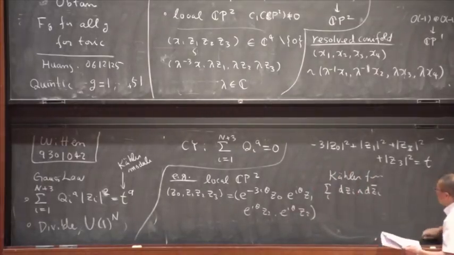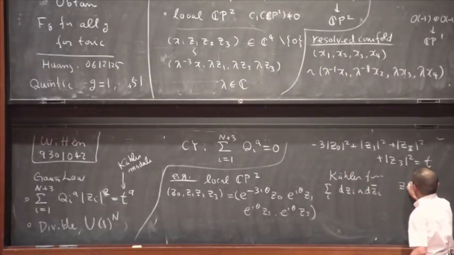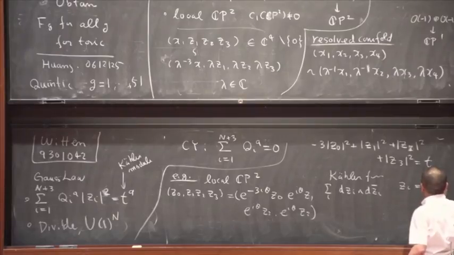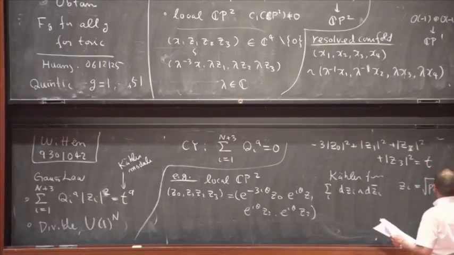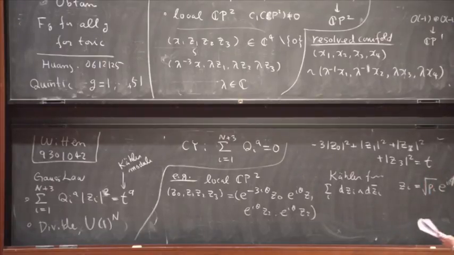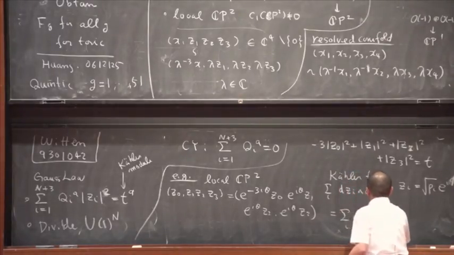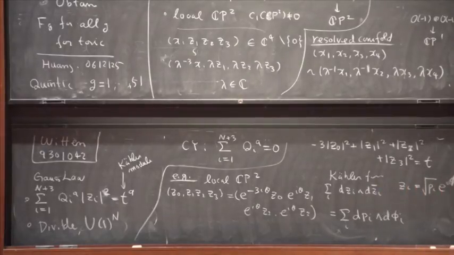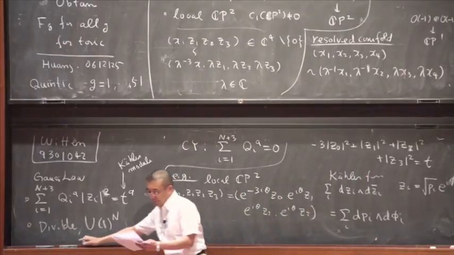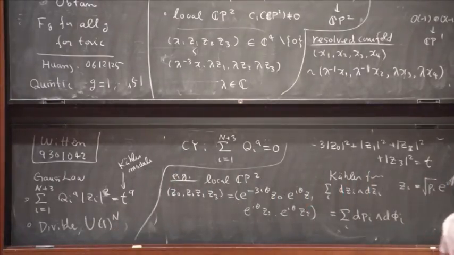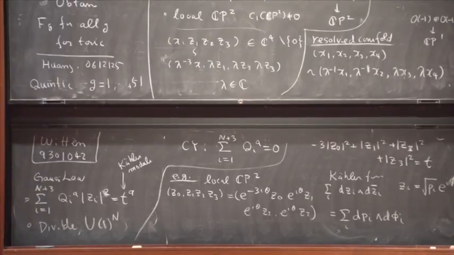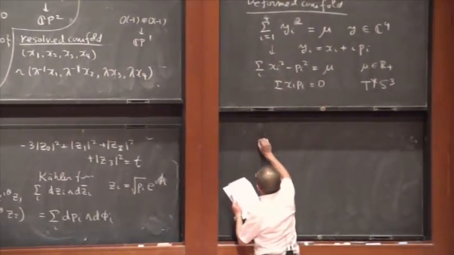But it turns out that it is actually convenient to parameterize each zi as square root of pi times e to the i phi i. And there is a reason that I put this square root in, because if I do that, this Kähler form takes the symplectic form. This phi direction is a torus direction, and p is a radius direction to it. So with this parameterization, this Gauss law constraint and gauge symmetry become particularly simple, because now in this polar coordinate,